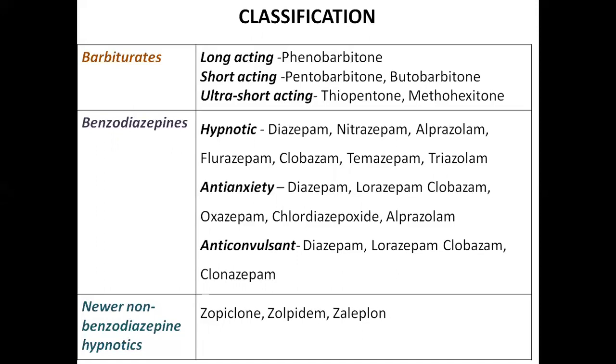In benzodiazepines, we can further classify them as hypnotic agents, anti-anxiety agents, and anticonvulsants. In the hypnotic group, we have diazepam, nitrazepam, alprazolam, flurazepam, clobazam, temazepam, triazolam. In the anti-anxiety group, we have again diazepam, lorazepam, clobazam, oxazepam, chlordiazepoxide, alprazolam. In the anticonvulsant group, we have diazepam,